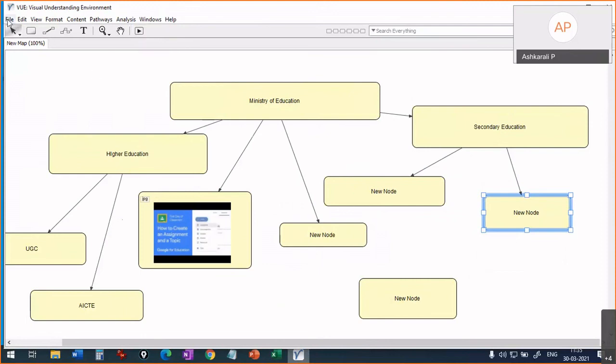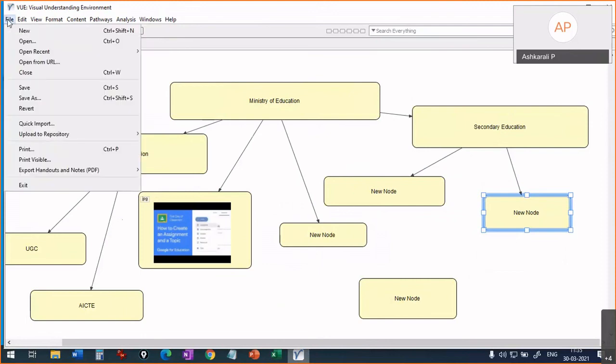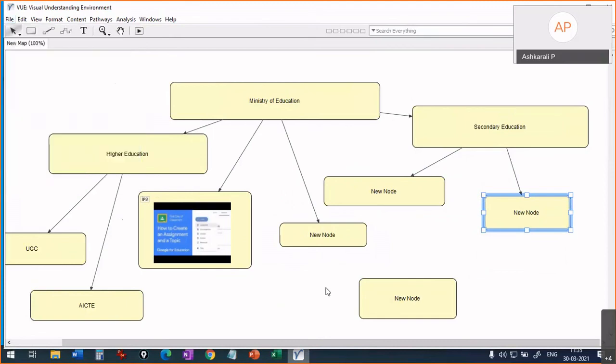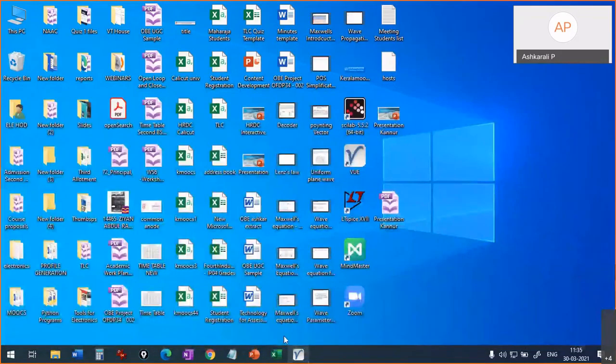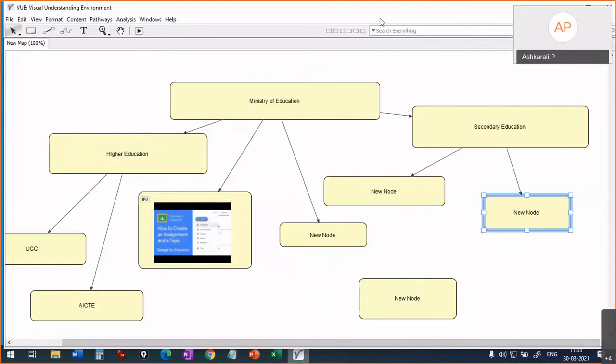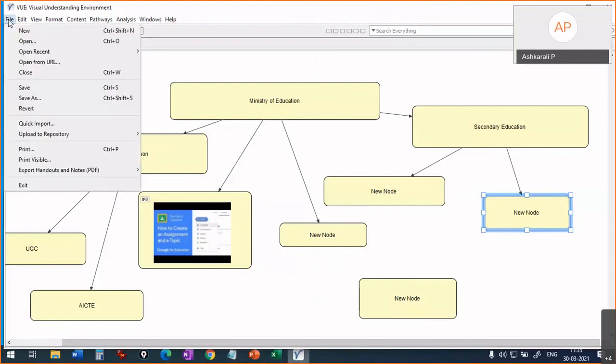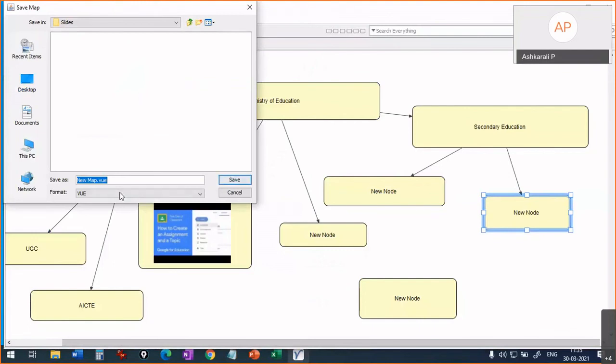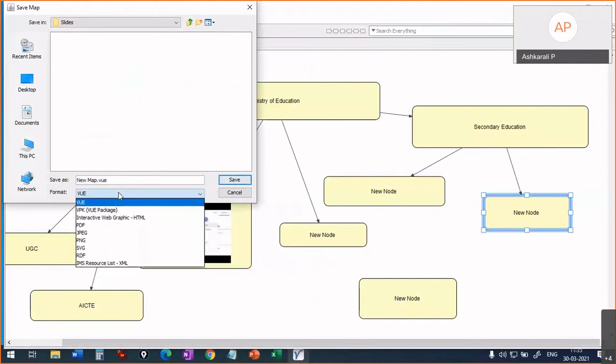And again, if you want to download it, that's also possible. Yeah. If you want to download it, just select file. Then there is an option known as save as. Just click on save as, and you can save that drawing as a JPEG or a PDF